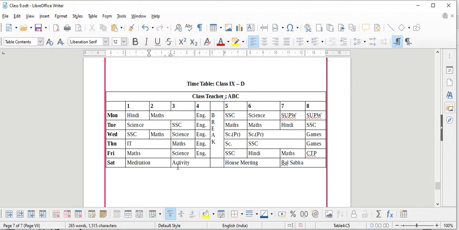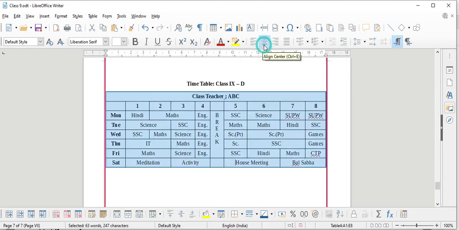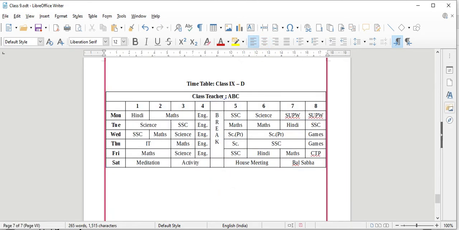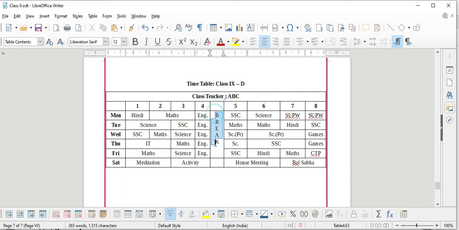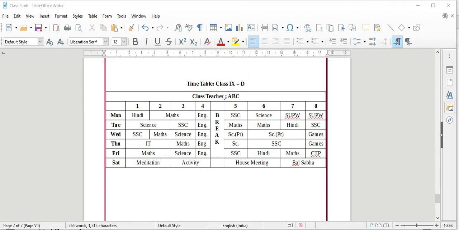So I will just select this and make it center. Now your timetable is ready as per how the class teacher has said.